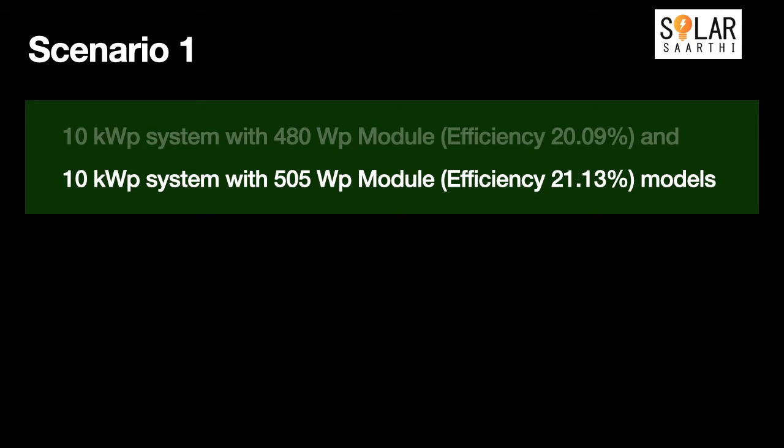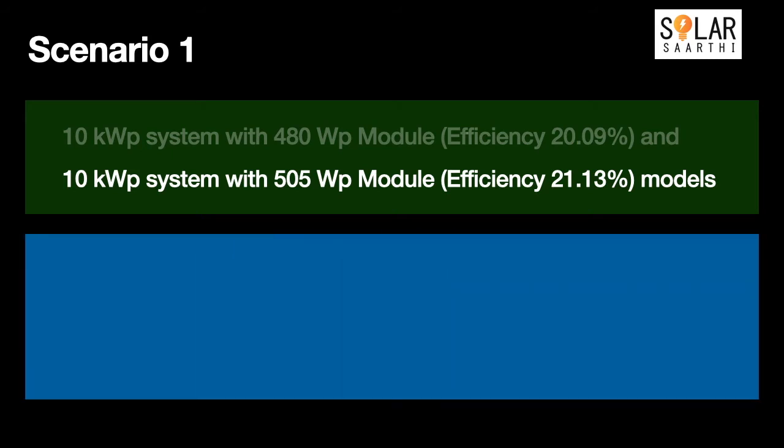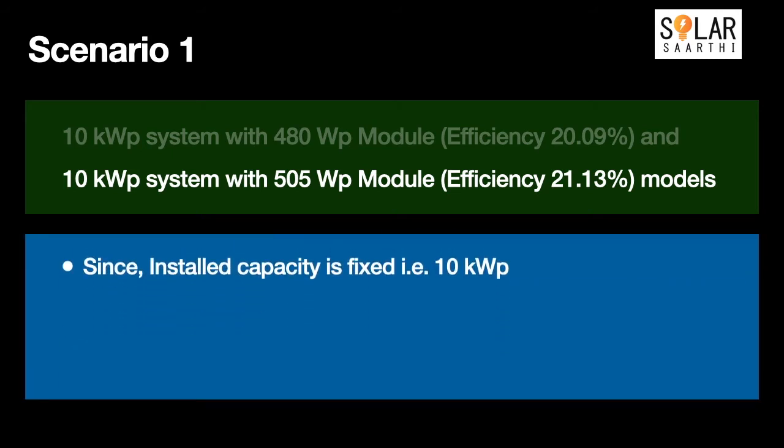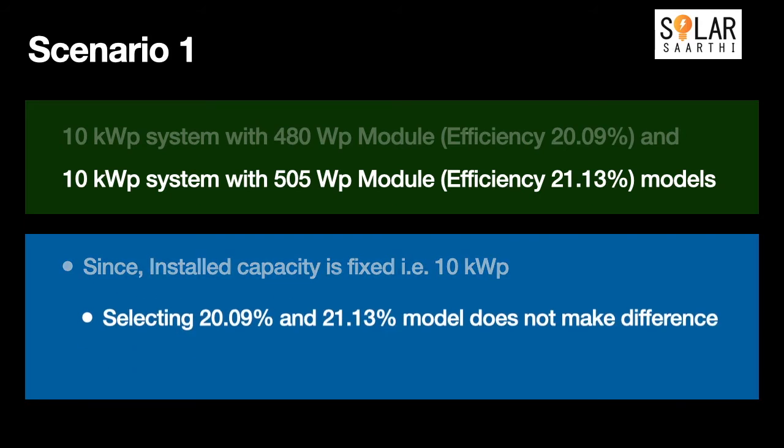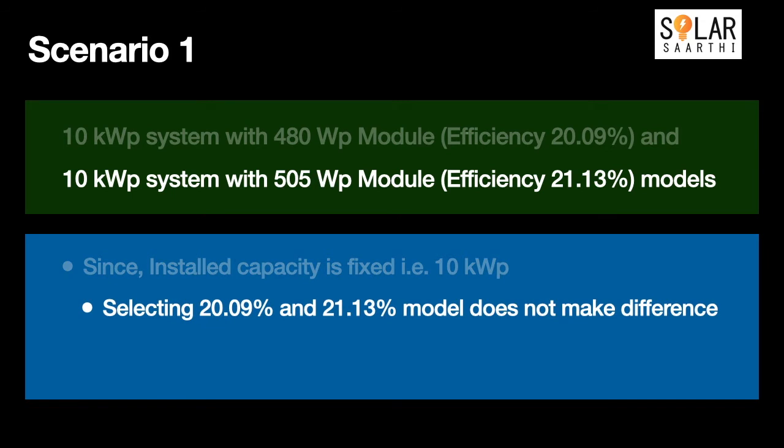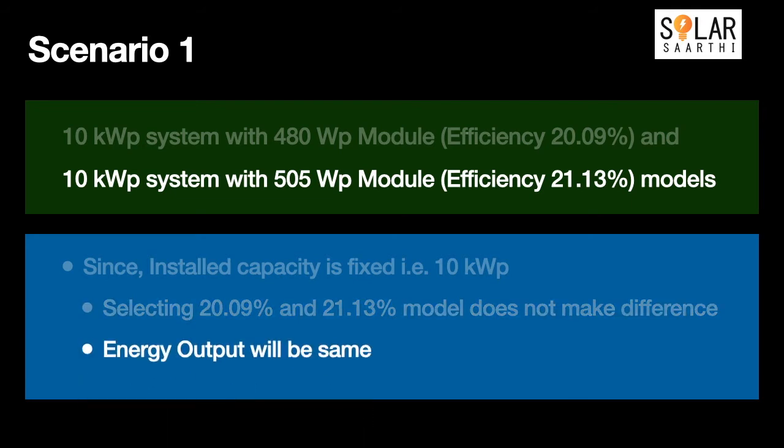Now in this scenario, since the installed capacity of the solar PV modules is the same, that is 10 kilowatt peak, selecting a 20.09% efficient module, that is the 480 watt peak module, or a 21.13% efficient module, that is the 505 watt peak module, does not make any difference. The energy output would be the same. In scenario 2,